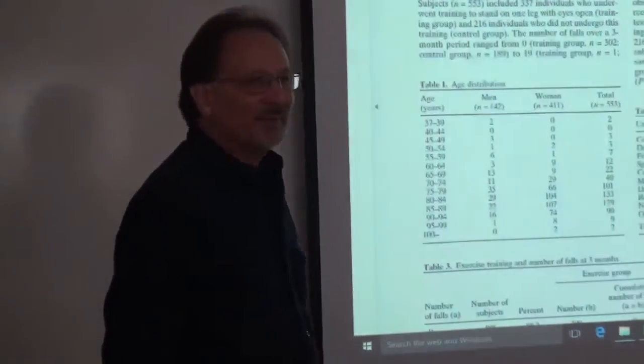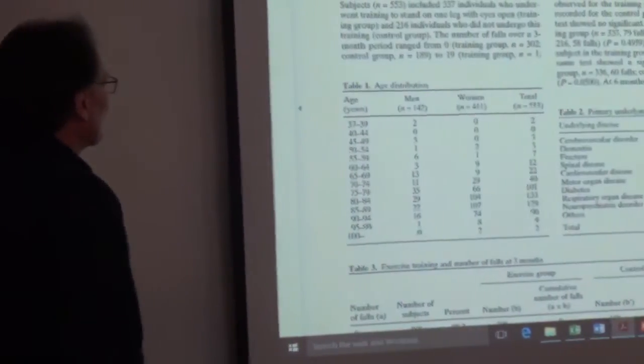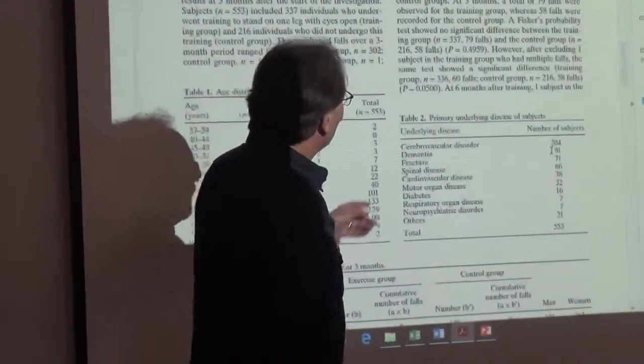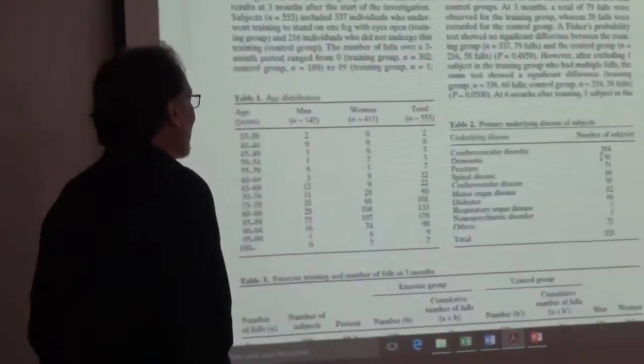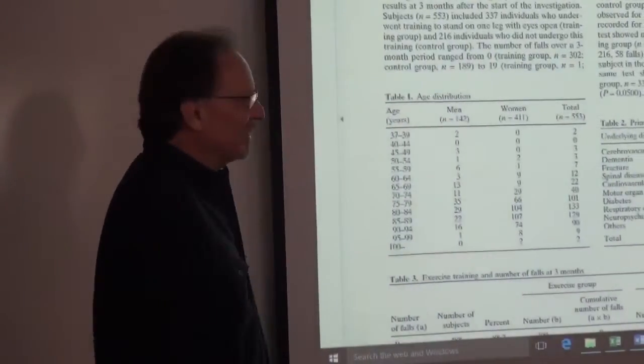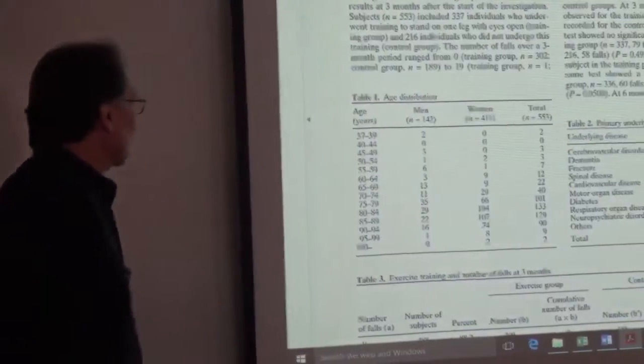They also were interested in what type of diseases they suffered from. All of their subjects wouldn't have been in the healthcare facilities they were in if they didn't suffer from something. Most of them, cerebrovascular, like stroke and that sort of thing. But next to that was dementia. So that's why these people ended up where they were. So they made an attempt to at least describe the age and gender distribution and types of diseases they suffer from, and then they distributed them between the exercise and control group randomly, apparently,